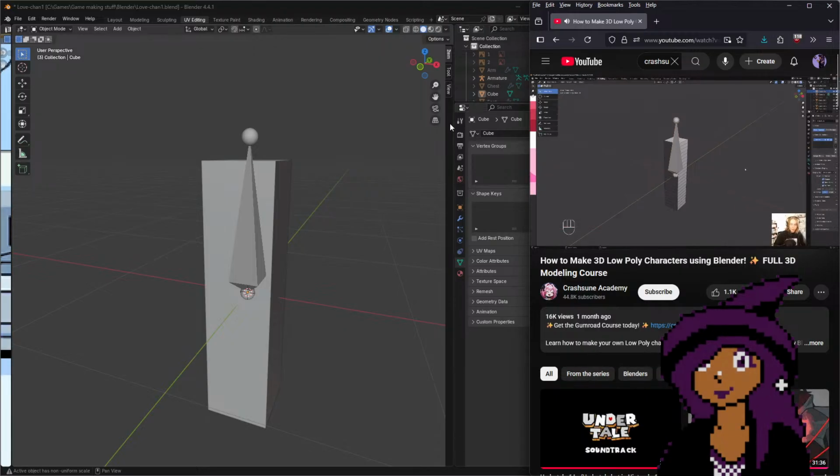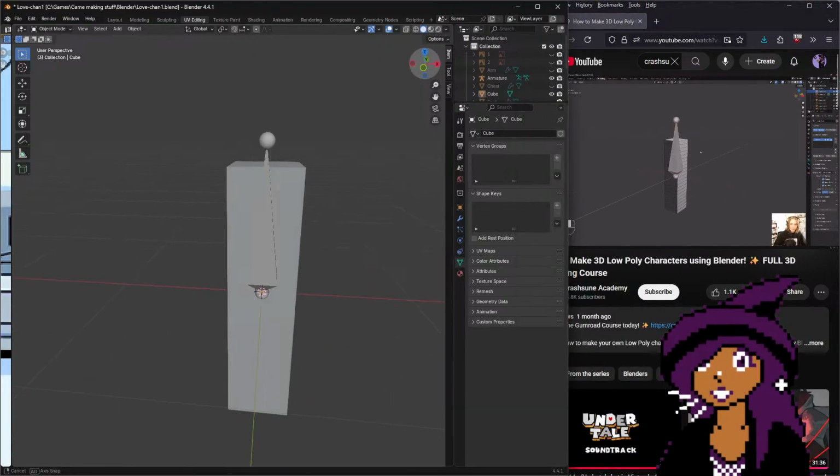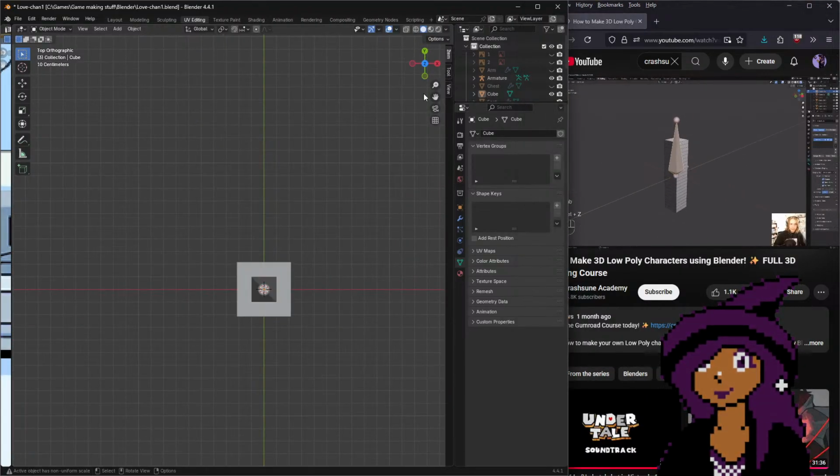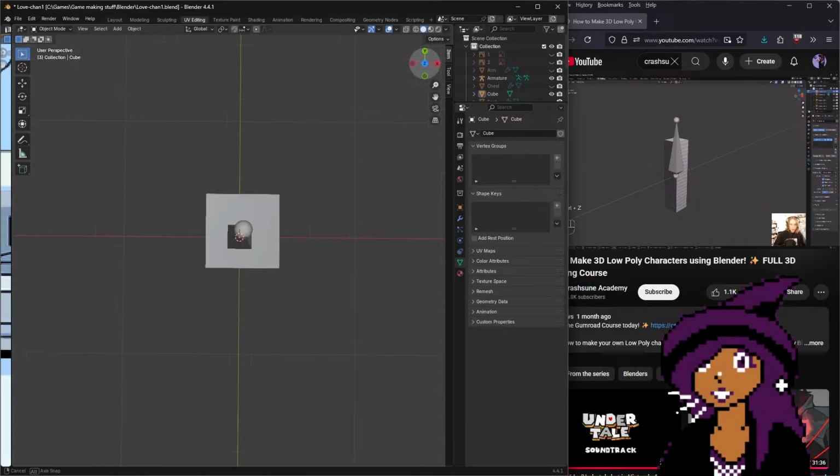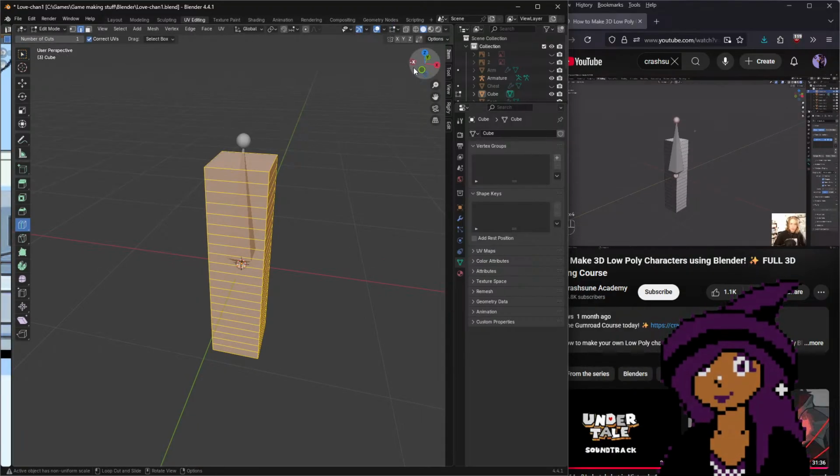Okay. We see our bone in front of our object. I'm going to press Tab to go into edit mode, and look at this. This is our bone. There are two parts to our bone here, right? We have this bottom part and this top part. If we press N to open this little menu on the right here, you're going to see that